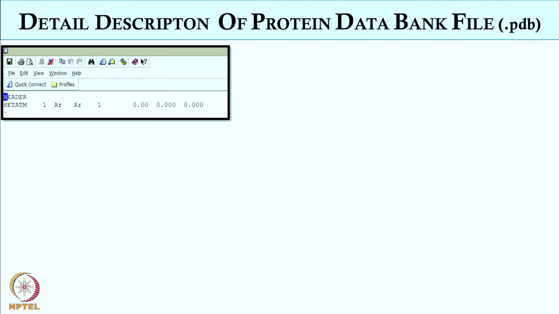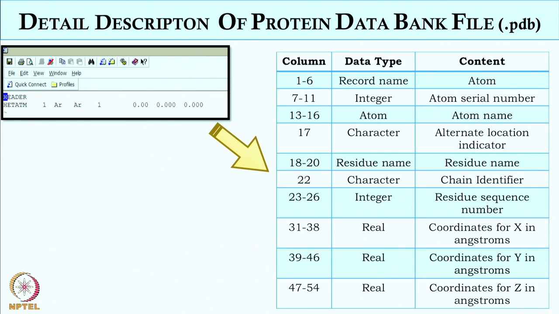So this is the PDB file of liquid argon. Columns 1 to 6 represent the record name of the atom. Columns 7 to 11 are an integer, the serial number of the atom. Since it is a monoatomic molecule like argon, there will be only one serial number. But if you have water or CO2, then it will have oxygen and two hydrogen sites, so there will be three separate lines, one for each atom. Columns 13 to 16 are the atom name for each molecule. Since here we are dealing with liquid argon, the atom name is AR, that is argon.